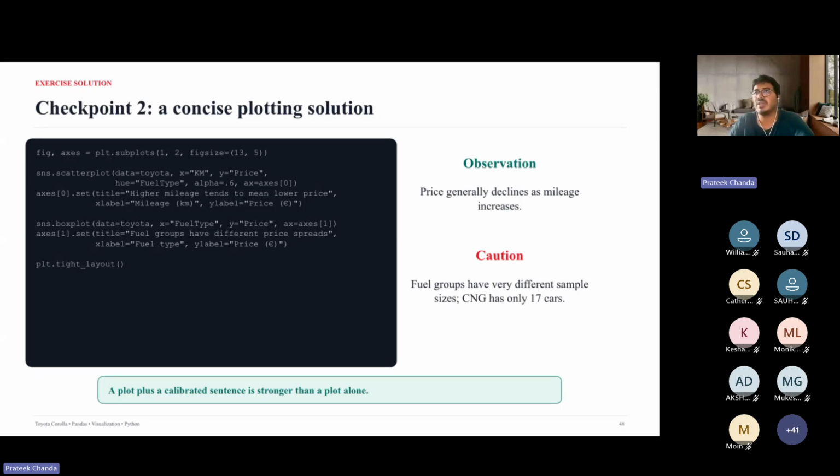What we are initially doing is creating two subplots. So we can access them with a subplot call, and there are two subplots, so I'm specifying that as 1 comma 2. So there are two axes: one is for the scatter plot, one is for the box plot. For axis 0, you are setting the title as follows. And for axis 1, for the box plot, you are also setting the title, X labels and Y labels. So this is what you are looking at.